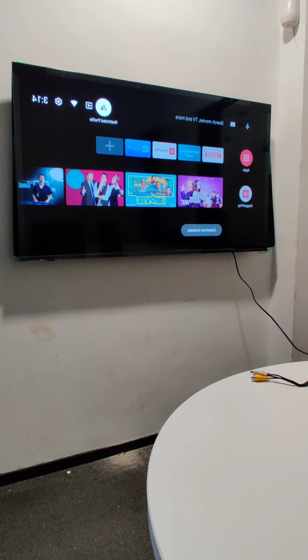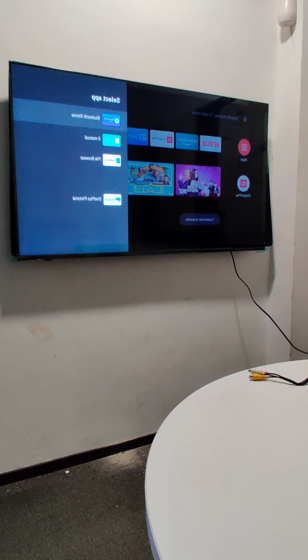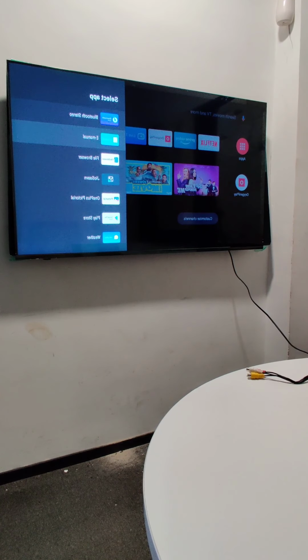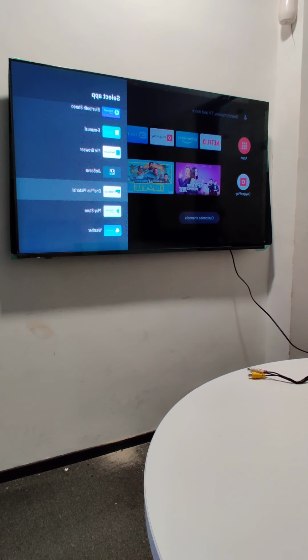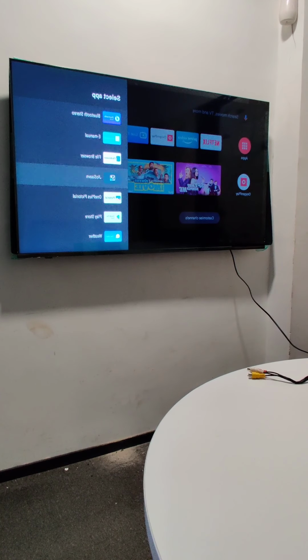and apart from that, if you want to add anything on this favorite application bar, only some basic applications are available, like Jio 7, Bluetooth stereo, Play Store, OnePlus Pictorial, File Browser. These are the basic things that are available. Apart from that, nothing is visible.